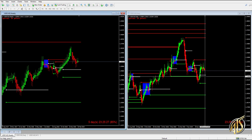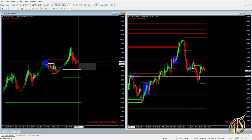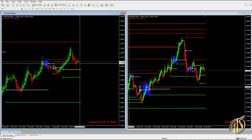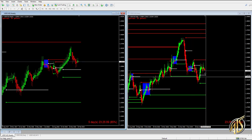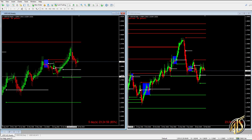this expansion, what that's going to tell me is that the weekly is probably getting ready to push on that scale. So I'm going to use that knowledge from the smaller time frame to predict where that weekly's pushing. If I feel like the daily's holding under expansion and the trend's going to continue, then I'm going to look at where the weekly can be headed. And the weekly could be headed back down to test this expansion and possibly blow through it down to our